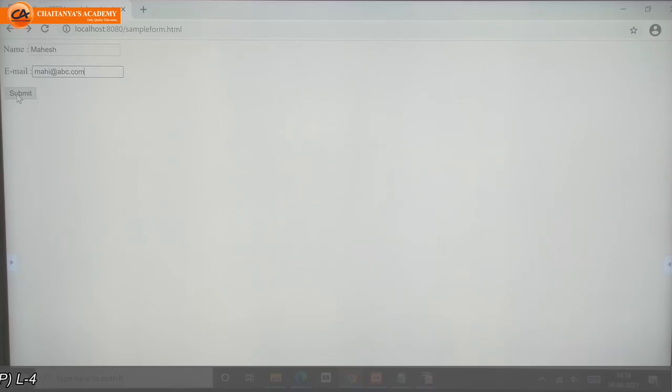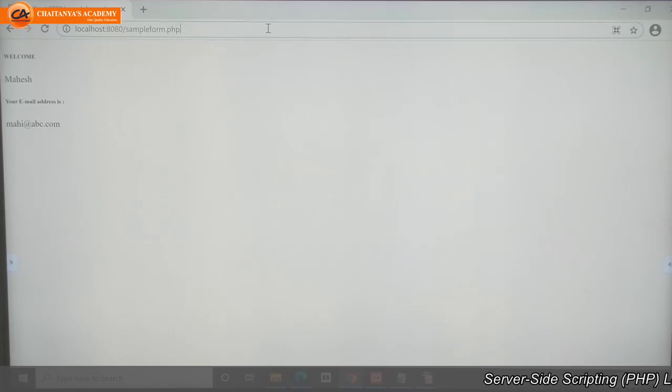When I click on submit, my browser took me to the PHP file, sample form.php. Welcome Mahesh, your email ID is mahi@abc.com, but I didn't get values in the address bar.